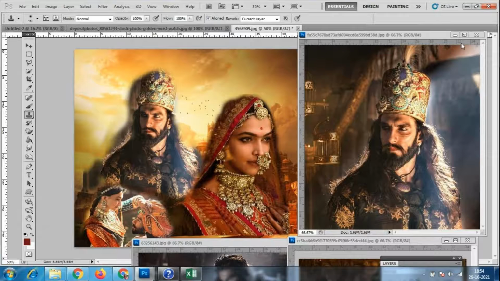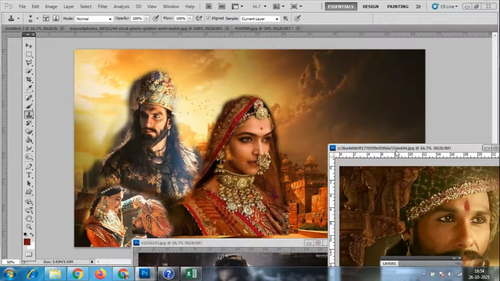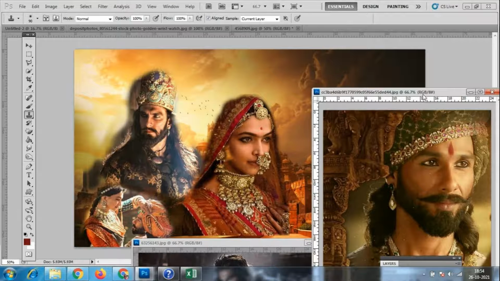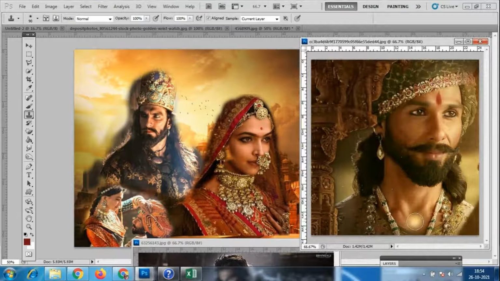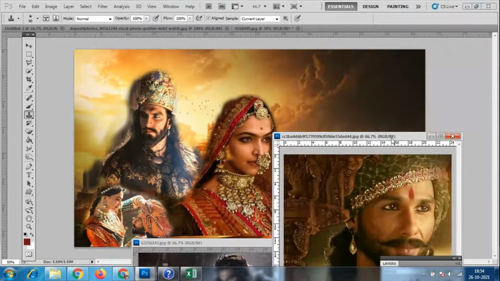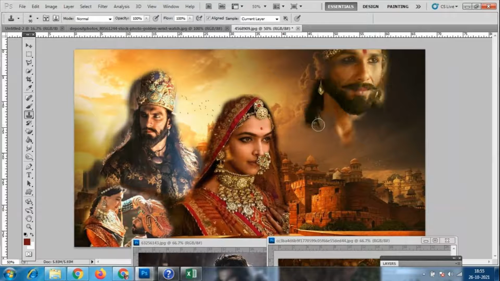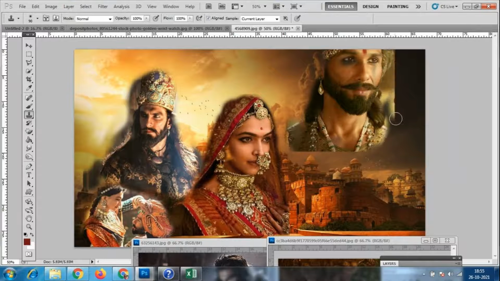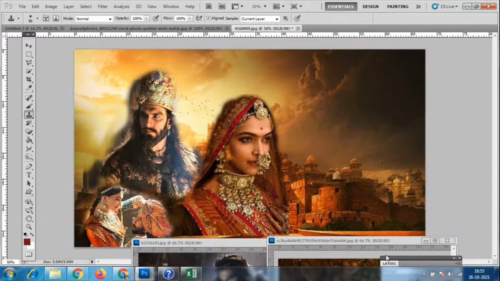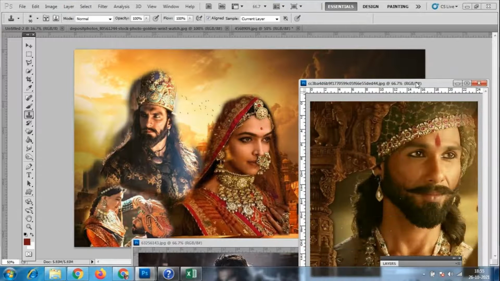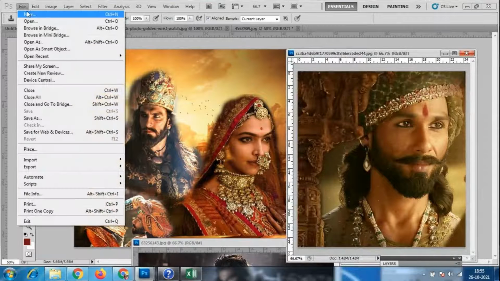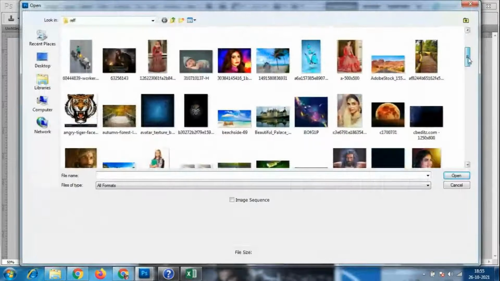So I'll close this file. Again I have to place one more image here. So I'm checking this option. So I'm placing here wherever the empty space is. I'm unable to cover his full face. By the time, I want to show the fort also. That's why I'm making it like this. Otherwise, Control Z. So take the positions properly. Otherwise, if I have any other images, I could take.